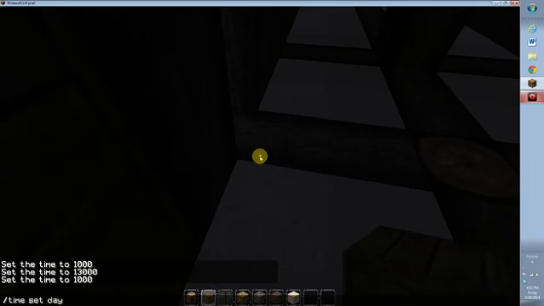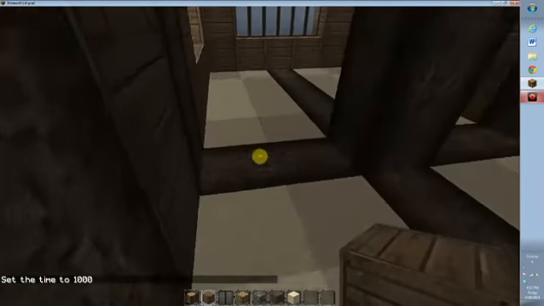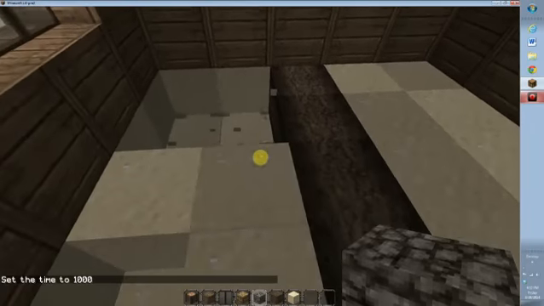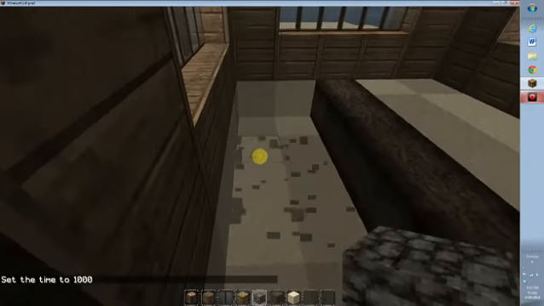Let's see how much light gets in here. That's a lot of natural light. That's good. And it will be a lot upstairs too. It's one of those things where that's just...